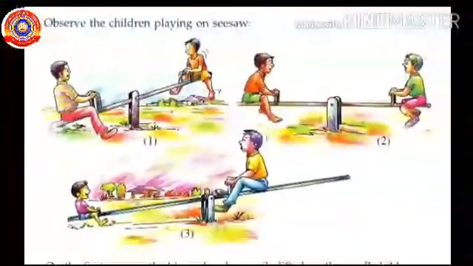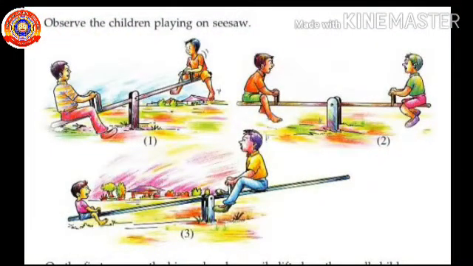Now, observe the children playing on seesaw. On the first seesaw, the bigger boy has easily lifted up the small child. You see the two children balancing each other on the second seesaw. Don't you see that the small child has easily lifted up the bigger boy on the third seesaw? We can find out why this happens observing the position of the child and the hinge on which the seesaw